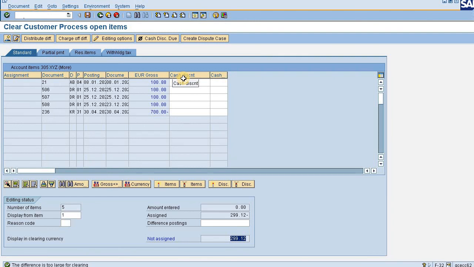Okay, so that's the thing we need to convey to our business. So accordingly they can post their document, and if they feel they can adjust the documents as well. They can post another credit memo amounting the same, that is 299.12, and then system can clear all the items together. So it is their decision, it is their requirement. Based on the same, we will suggest them what to do. So I hope this is clear to you. This is the answer of all the 2 questions here.